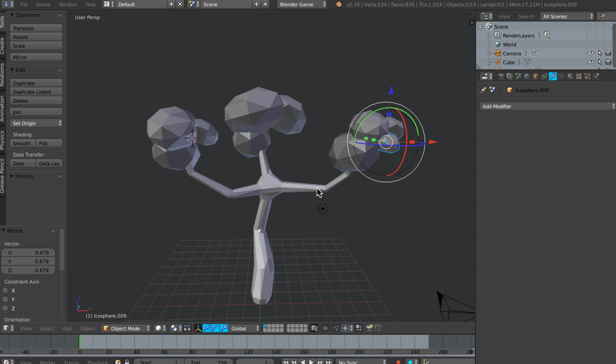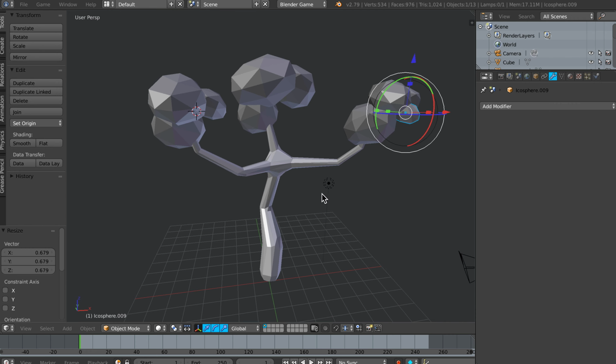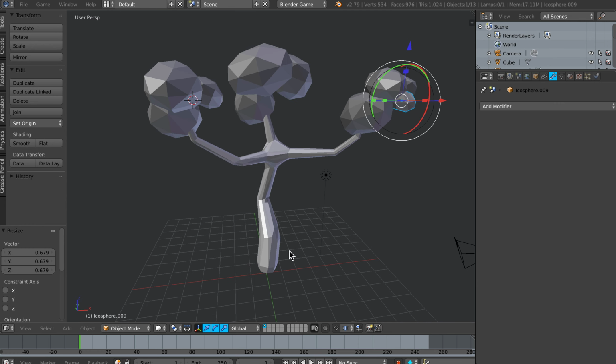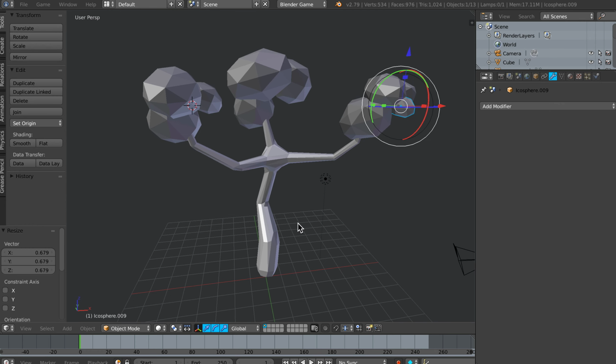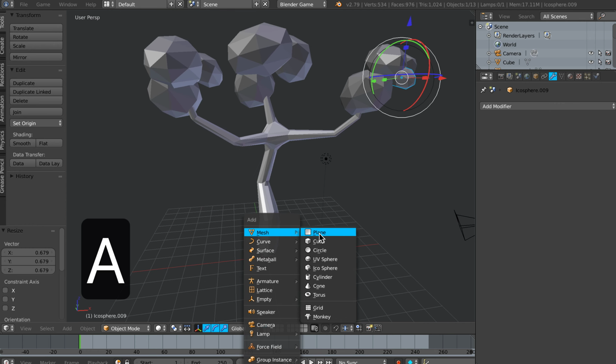Okay, so we're back. So here's my cluster here, and again, you can spend as much time as you want on it, making it your own. Okay, so now we're going to go ahead and add in some ground here, and then we'll do color materials. So left mouse click, I'm going to do Shift A, and I'm just going to bring in another